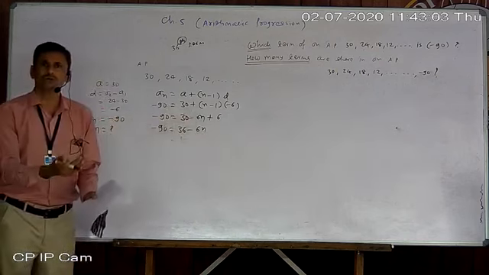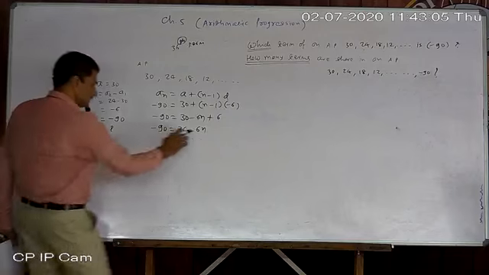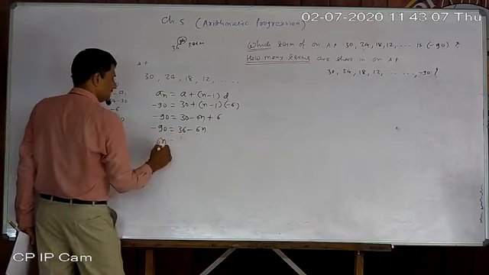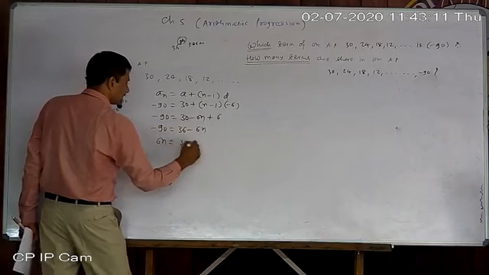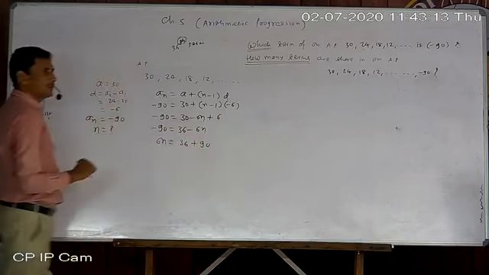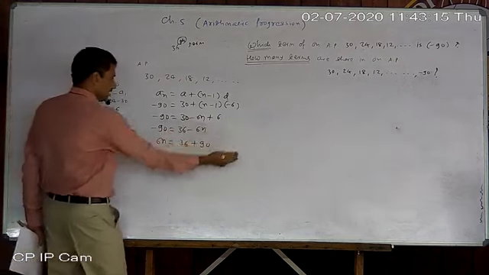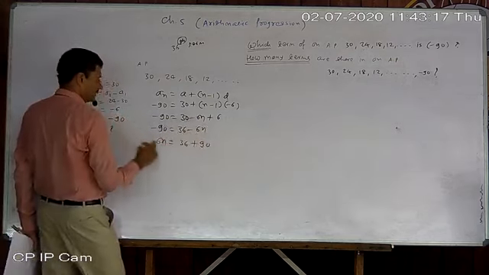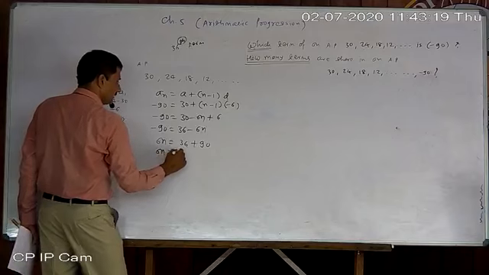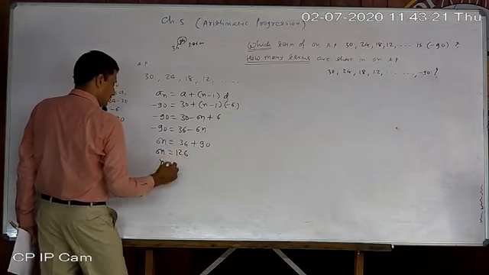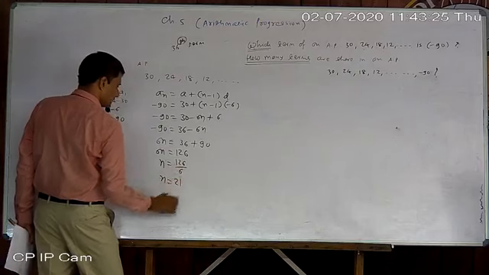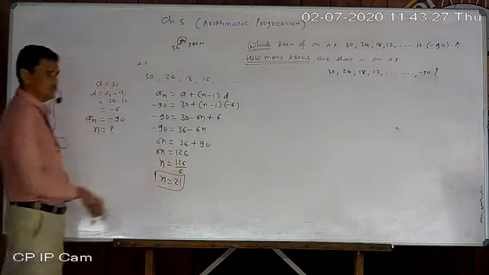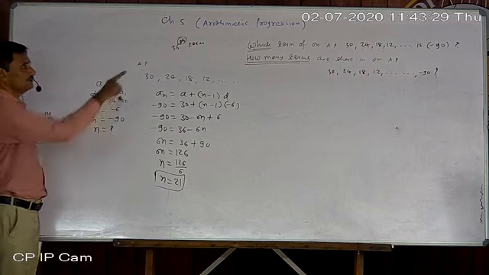We never keep unknown terms negative; we try to convert them to positive. So move that term, 6n, to the other side. The 90 goes there. So 36 plus 90, 36 plus 90. The 90 goes there and 6n comes here. So 6n equal to 126, so n equal to 126 upon 6. 6 twos are 12, 6 ones are 6, so n equal to 21. So the 21st term will be minus 90.